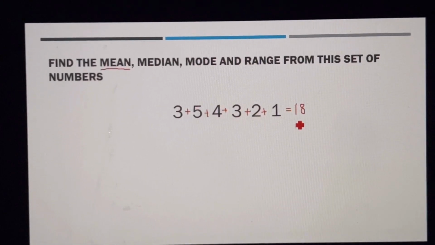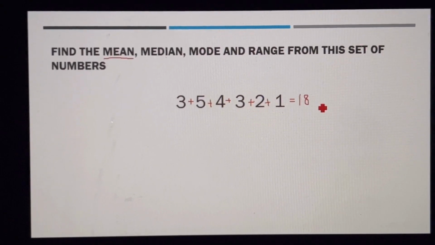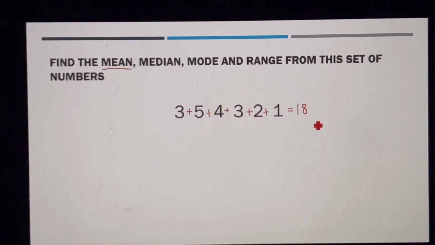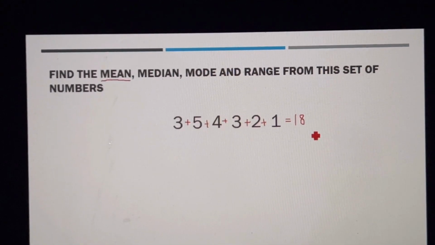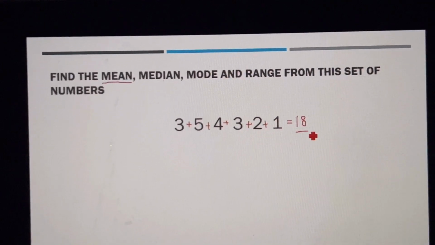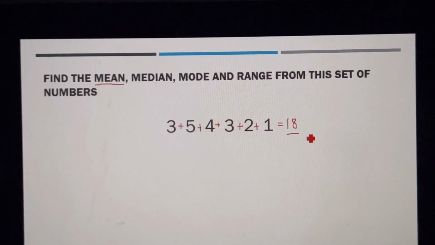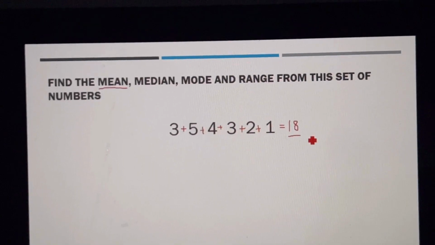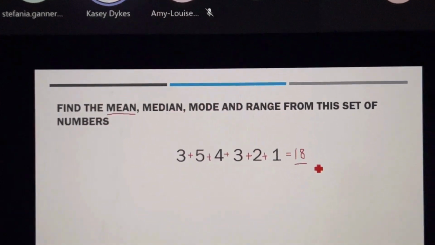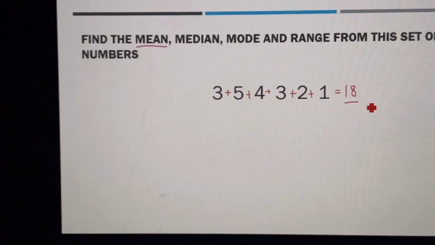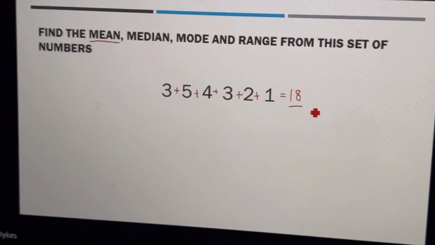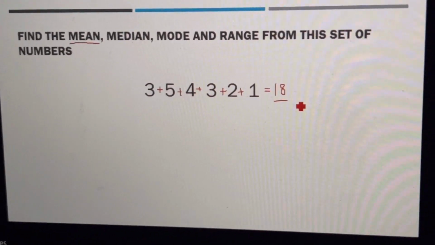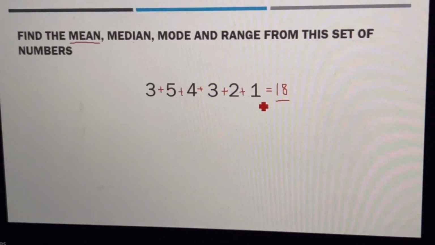It's important that I've written down the total of the values there. Some people just want to carry on and go straight into your divide, but take the pause, press equals and find your total for 2 reasons. 1, it shows your working. And 2, if your calculator follows BIDMAS and you just do plus, plus, plus and then divide, your calculator will divide your final value, so in this instance your 1,